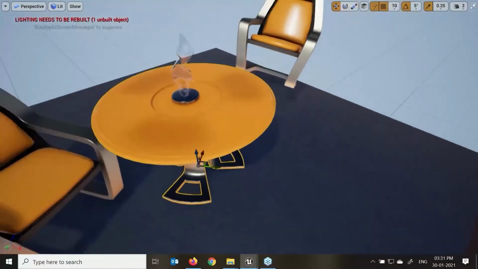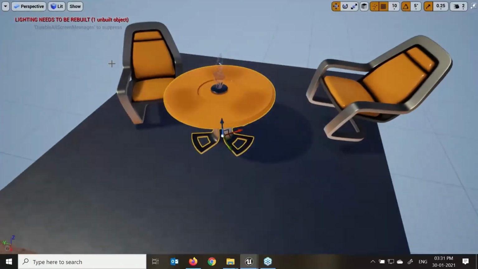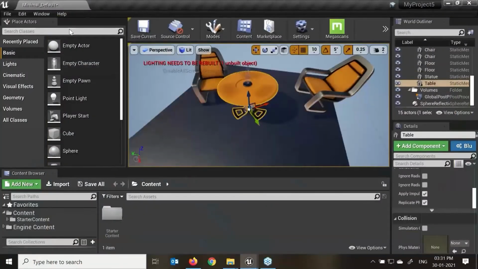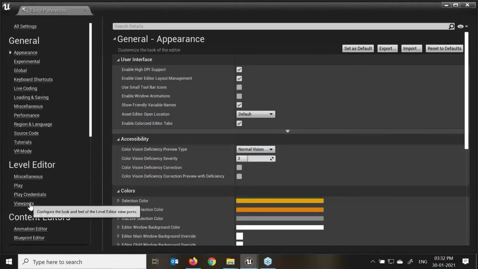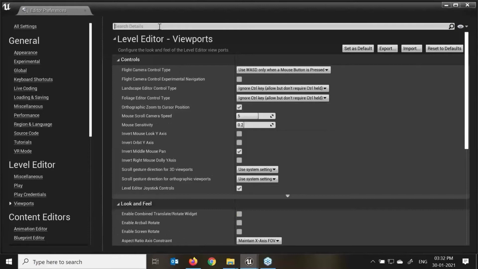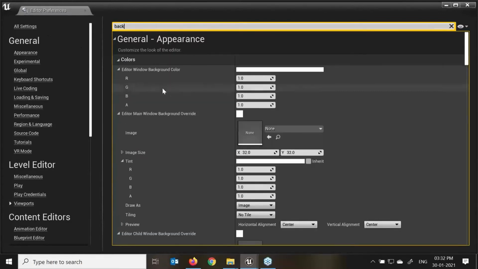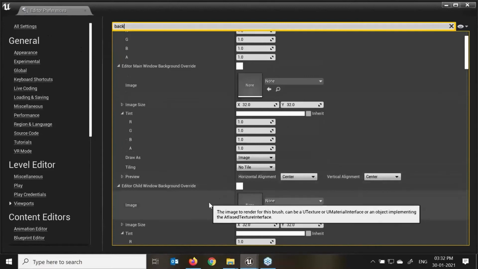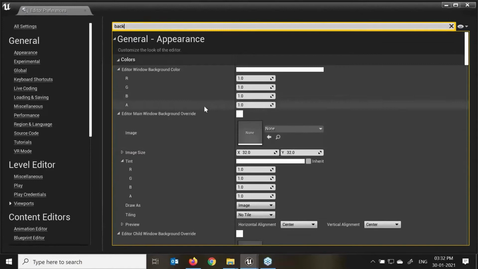Normally the 3D artists like to work with the Maya shortcut keys. Again, you can change that if you require. I'll just go to my Edit Preferences over here. I'll go to my viewport. Here I can say front. If you see over here, this is a shortcut key for front, and Alt and H says my back view. If I want to change my back view, I can do that also. You need to click on this search bar.